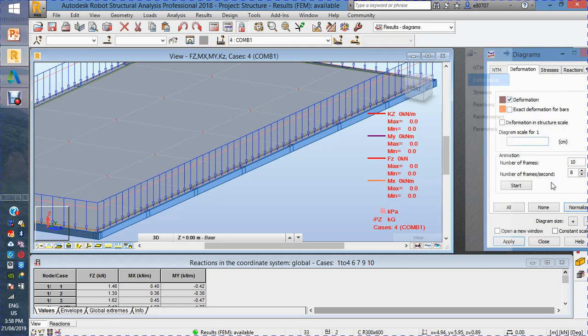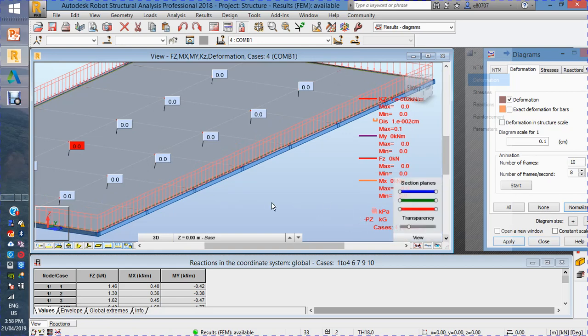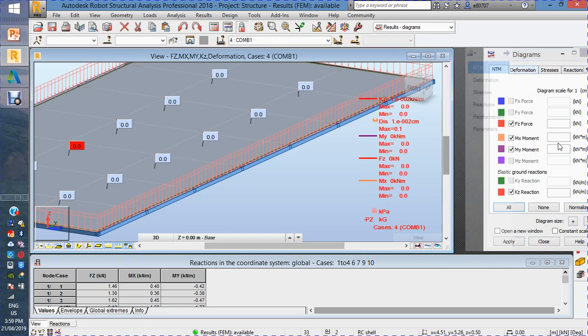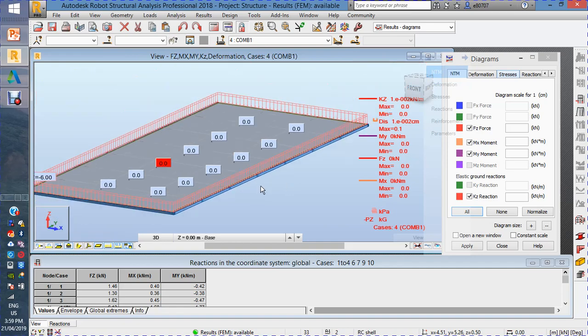Deformation, as you can see, the value is about 0. So once you're happy with the results and able to proceed ahead,